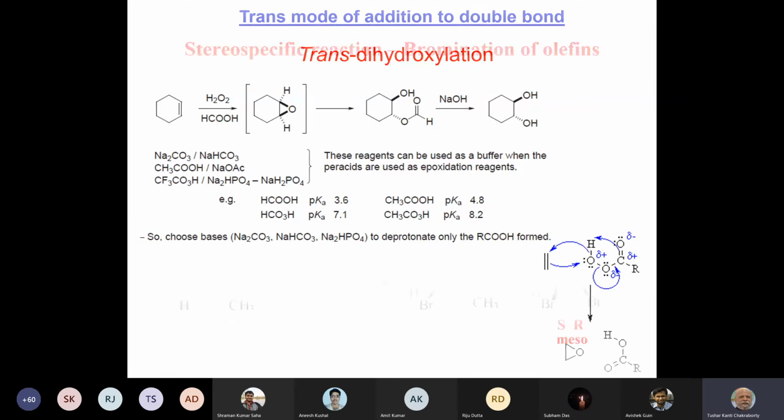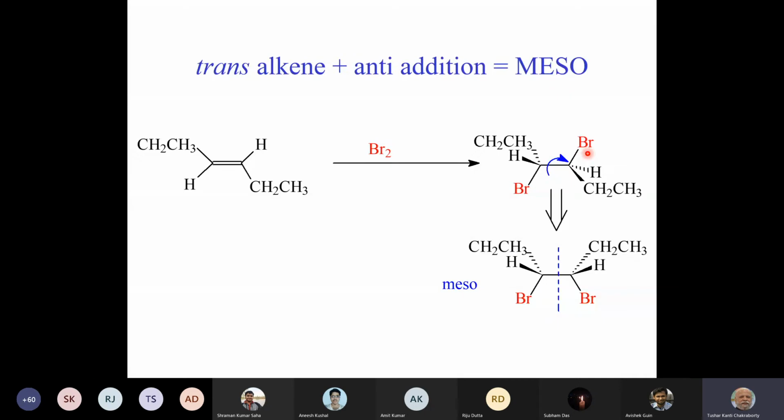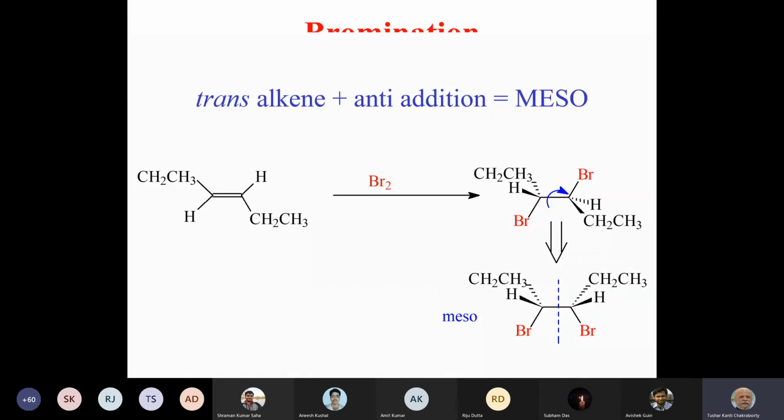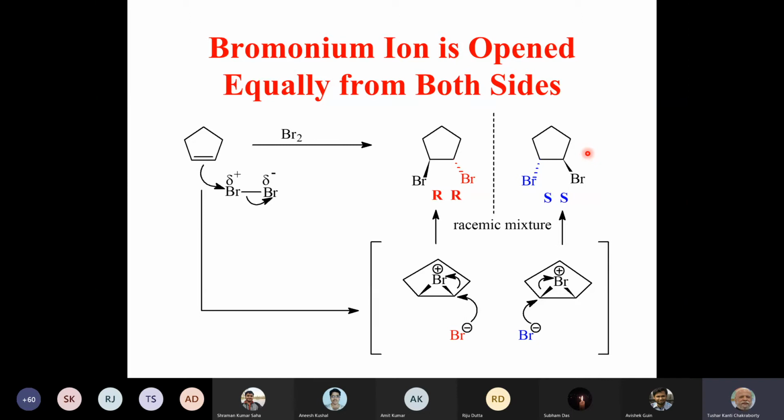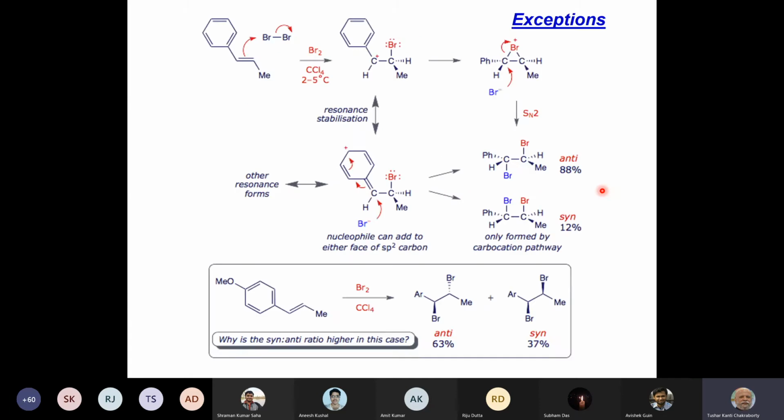So you get a trans hydroxylation, we get a cis, and trans bromination also, and we learned the mechanism of how it forms a bromonium ion. And there could be some cases where you don't get 100% of the specific product, but you get a selective product. Although bromine and CCl4 should have given only this anti-compound, we get some amount of the syn product. And we learned how to explain these anomalous results, because some amount of reaction goes through the carbocation mechanism.